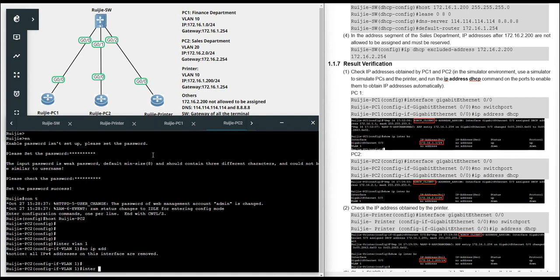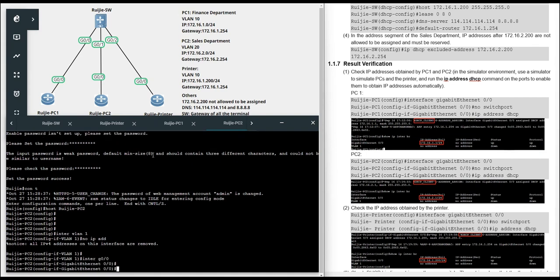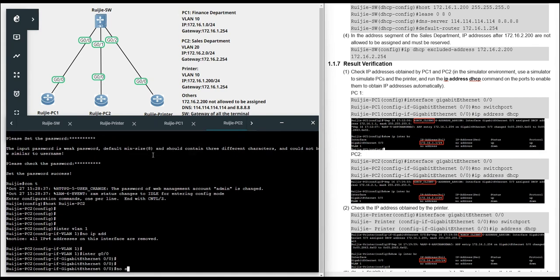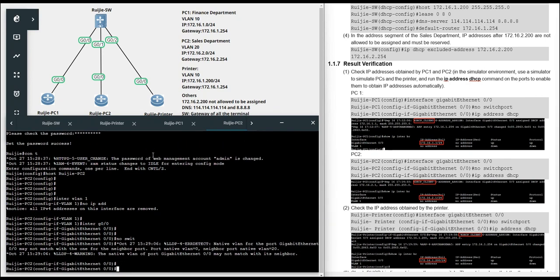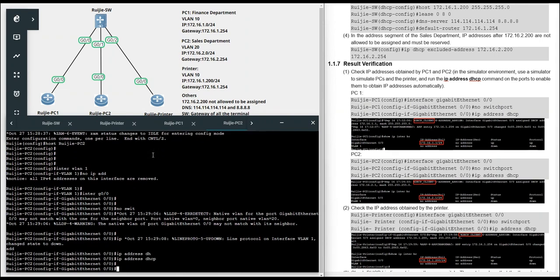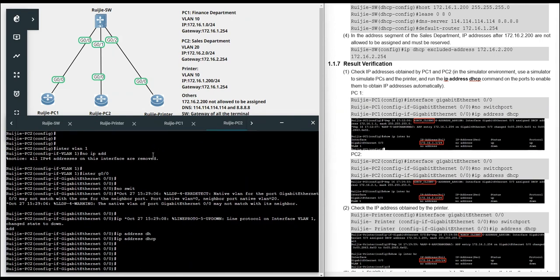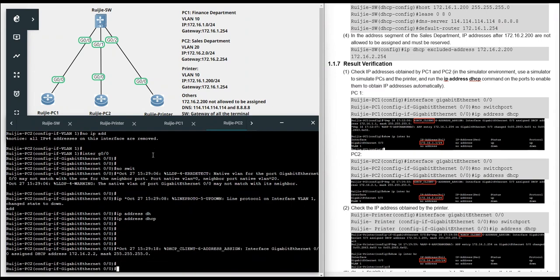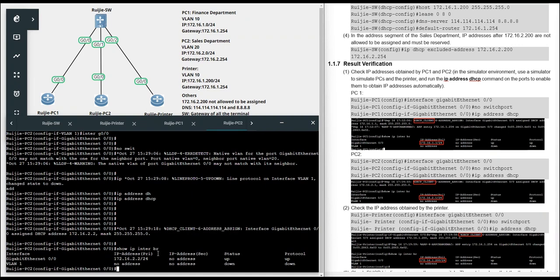Okay, and then enter the physical interface, the same operation to change the mode to become layer 3 interface, and select DHCP to get the IP address. And then you will see a warning of DHCP protocol here. You will find this is DHCP client IP address assigned, and what's the final IP address and what's the mask. And also you can check show IP interface brief. You will find the IP address 2.2.